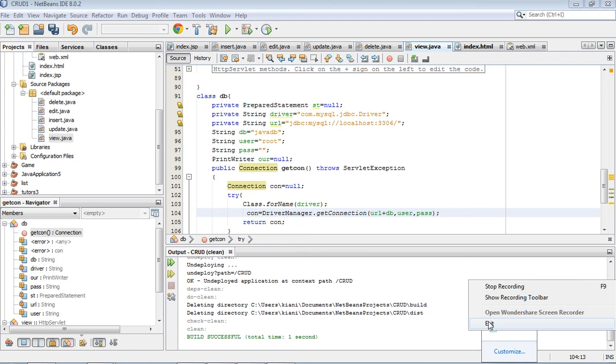Okay, ServletException. Because this is ServletException, right? Now there is con error.